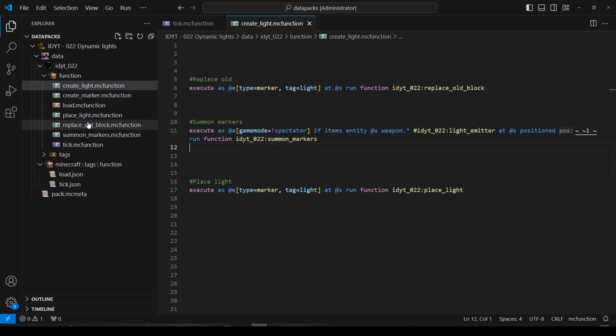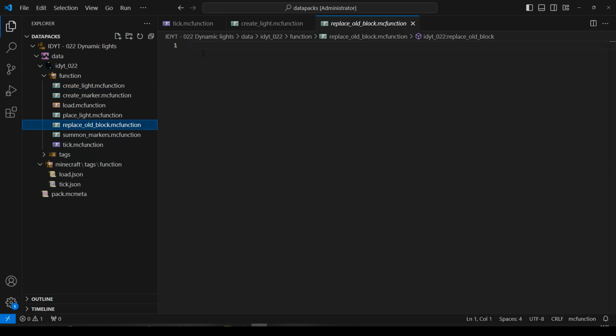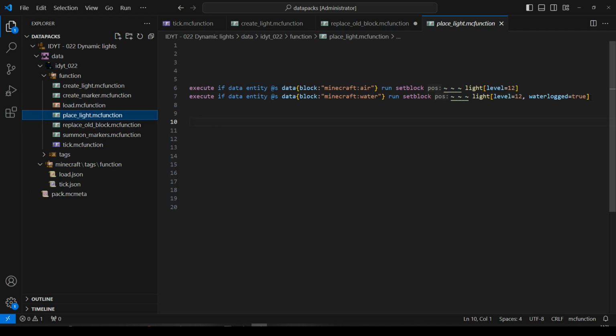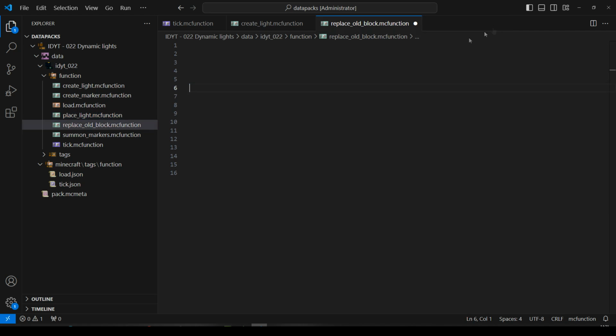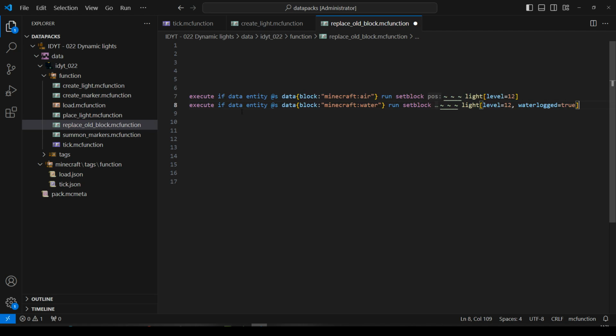So we'll go into replace old block, and we're executing again as and at the marker. Replace old. Let's make a bit of space. Now it's going to be very similar to the place light. So I'm going to go back to place light, and I'm just going to copy all of that. Copy, and then I'm going to paste that into replace old,